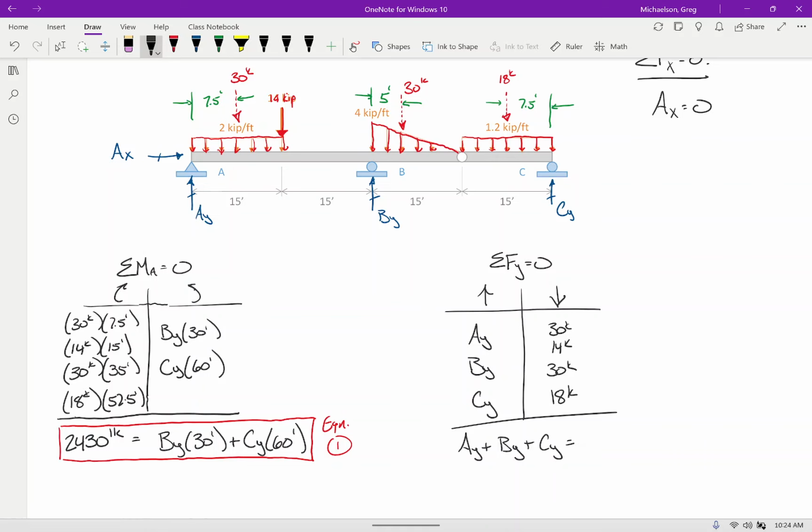So let's see if I can do it. 14 and 18, that's 32. So 30, 30, and 32 is 92. So